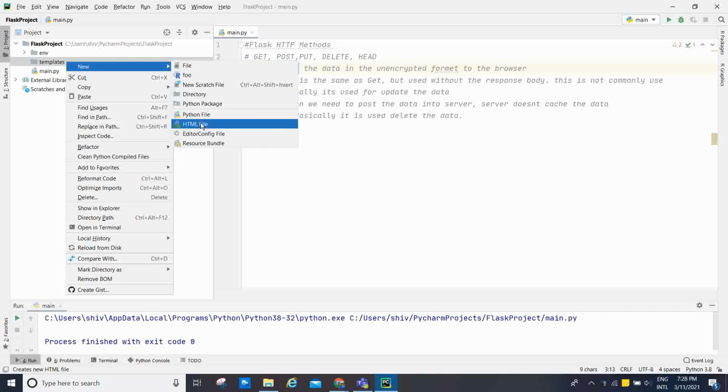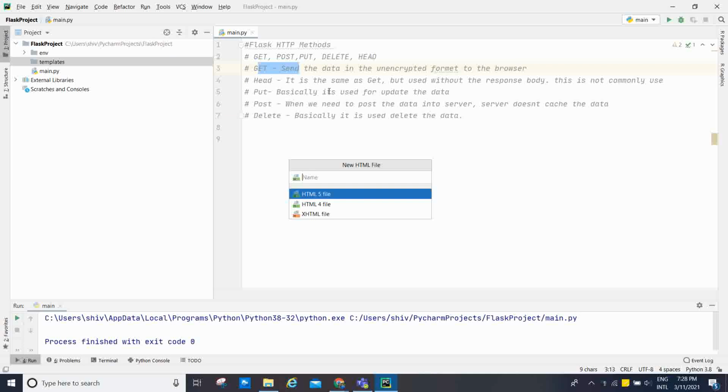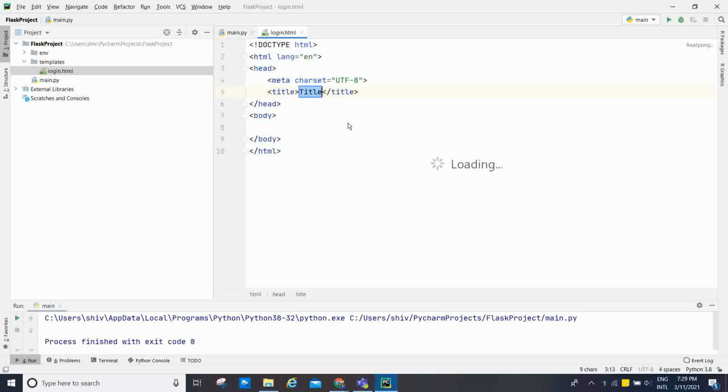Now I am going to create one HTML file, that is login.html. Click OK. It will give you the basic things. Login page. In the body I'm going to use form action.